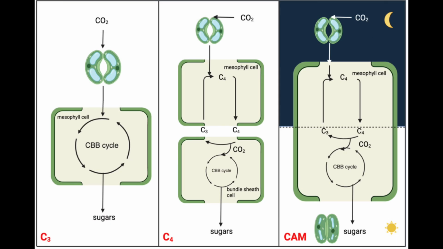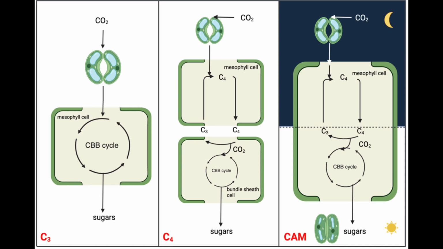Lastly, there are 3 different types of plants. C3 are the regular plants. C4 and CAM plants are mostly built for more of a hot and dry climate. So CAM and C4 metabolism are 2 types of photosynthetic pathways that help plants conserve water in hot and dry environments. CAM metabolism in CAM plants like cacti and succulents fix CO2 at night when temperatures are cooler and humidity is higher,